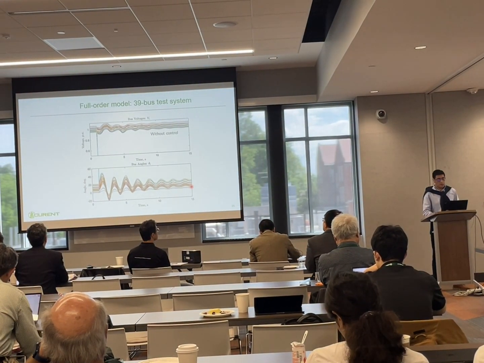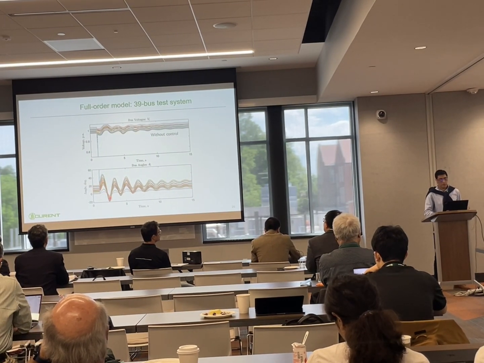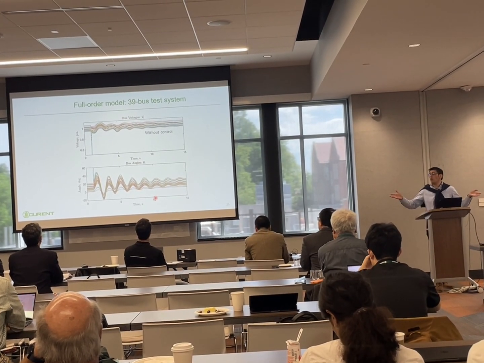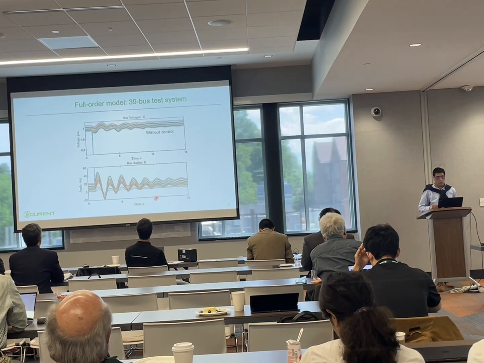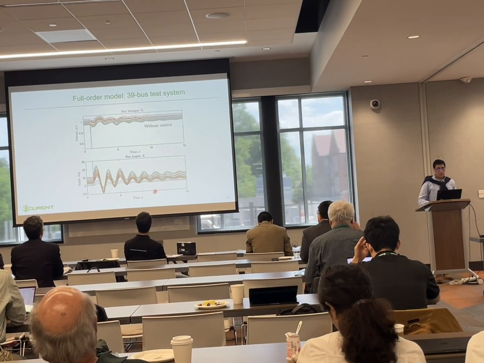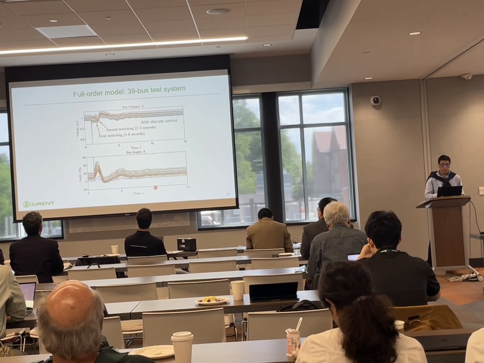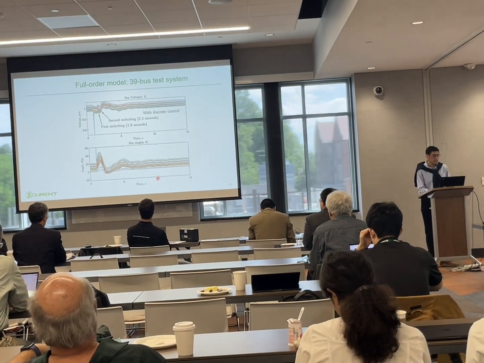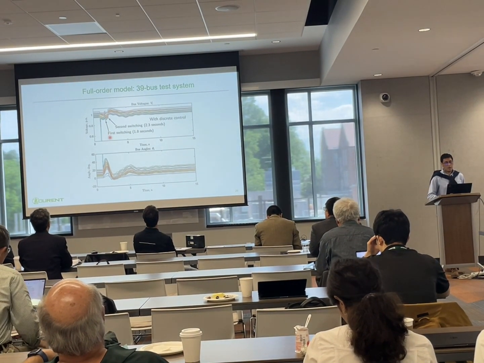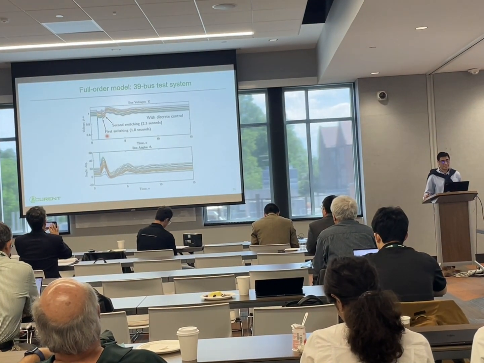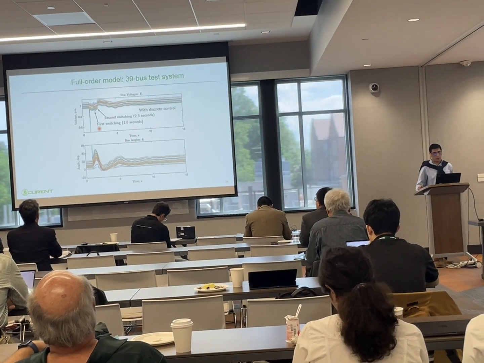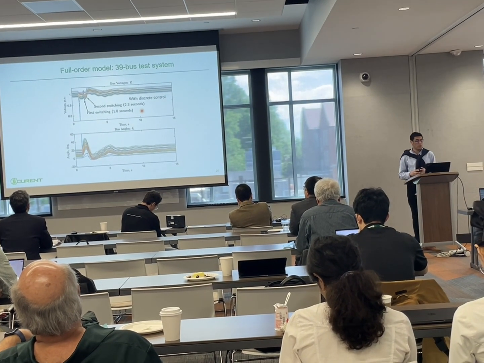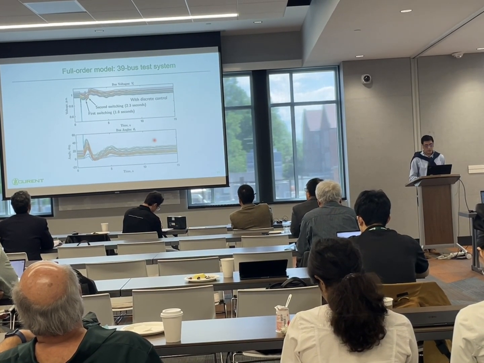We are trying to replicate a case where the oscillations are sustained. After the fault, you can see clearly in the angle here that the system is oscillating, and we are assuming there is no other control than this new mechanism that we are proposing. If we apply the logic that I presented to you this morning, then this is a proof of concept that the oscillation can be significantly diminished. In this case, the first switching happened at 1.8 seconds, in which we step change the power in this component, and then at 2.3 seconds, we restore the power to the initial operating point, and the oscillations in the system are